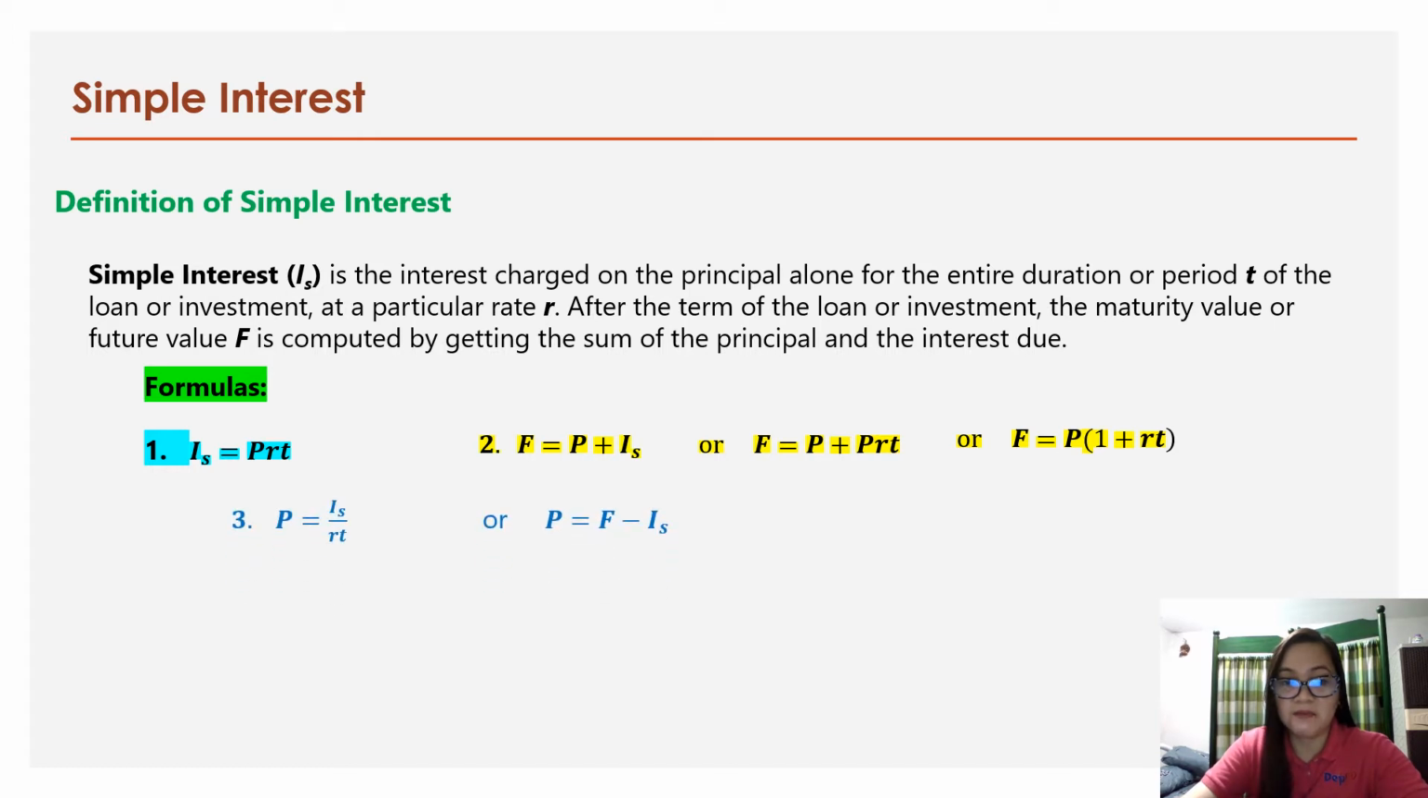Another formula is for solving for P, which is equal to I sub s divided by r times t, or P is equal to F minus I sub s. The two different formulas will be used depending on the given data. Another formula is for solving for t, which is t equal to I sub s divided by P times r. And the last formula is for solving for r, which is I sub s divided by P times t,